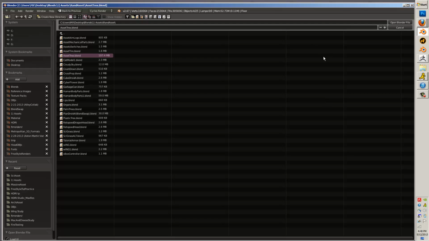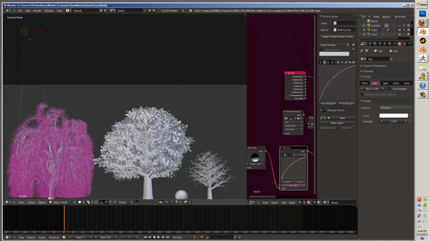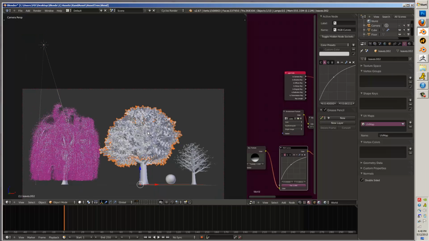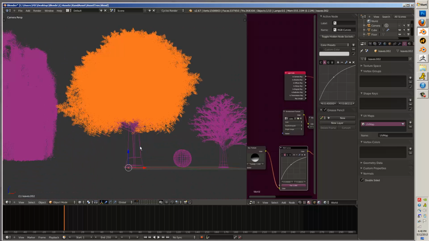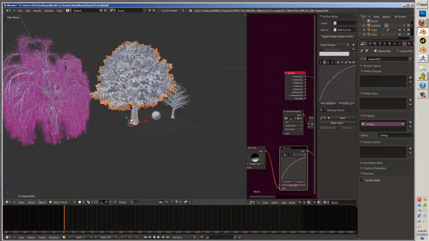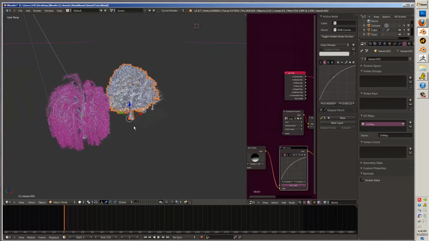I'm loading this still, but there are a couple of ways that you can get multiple trees in your scene that look good and come out in render and won't kill your computer. This is one of the great Blender tips that I never really put a lot of thought into until I began practically using it. So if I duplicate this tree,